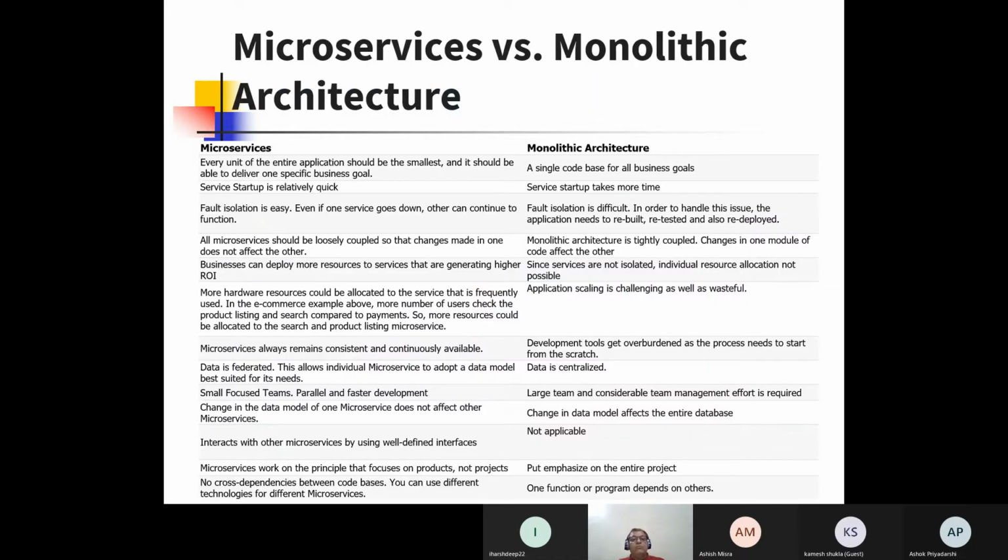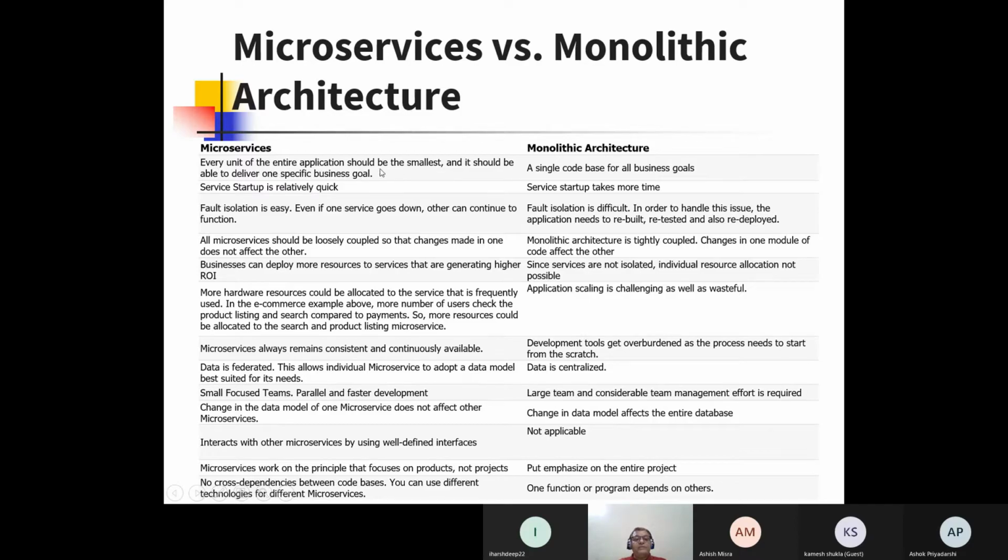Okay. Now, there are some points which I have mentioned already. I have talked about the comparisons between microservices and monolithic architecture. Here you can see this column refers to microservices and this column refers to monolithic architecture.